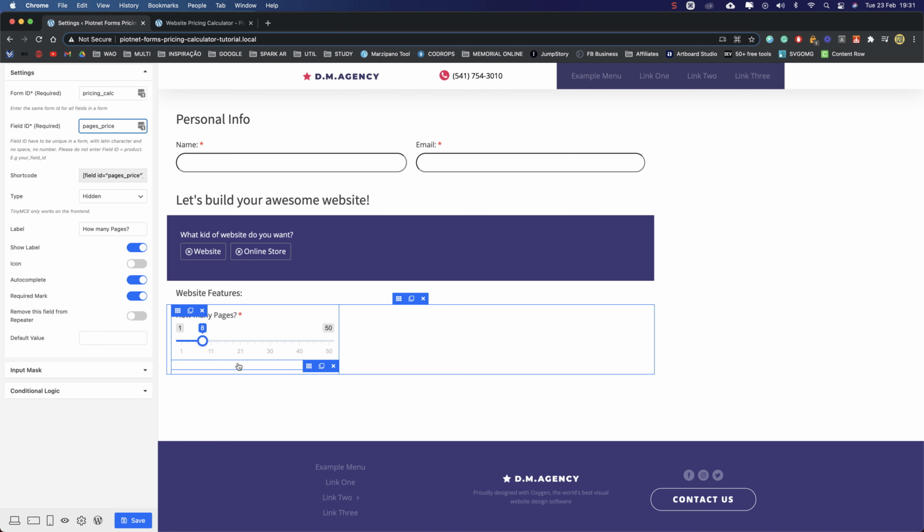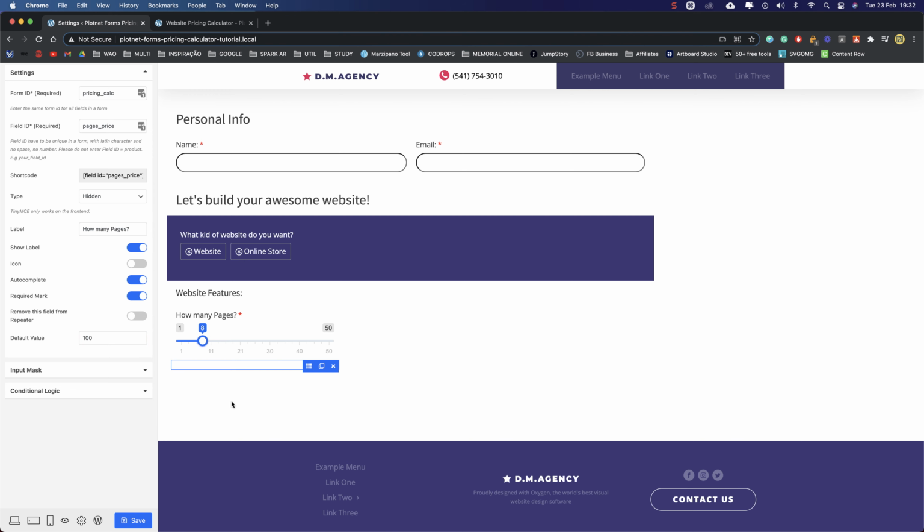We're going to need this for the calculations later, and in the default value, you will choose how much each page costs for you. So let's make it 100, for example. This is just an example, okay? You can put whatever price you want. Okay, looking good so far.